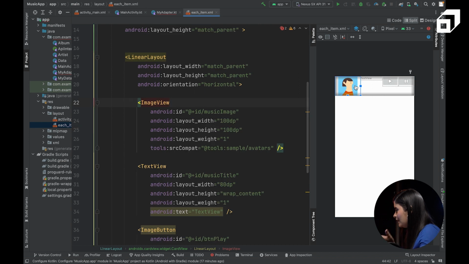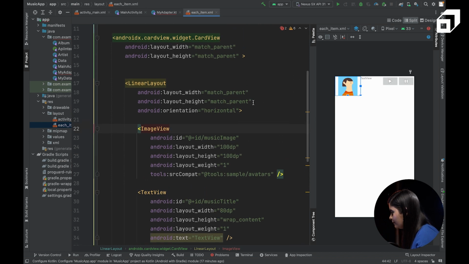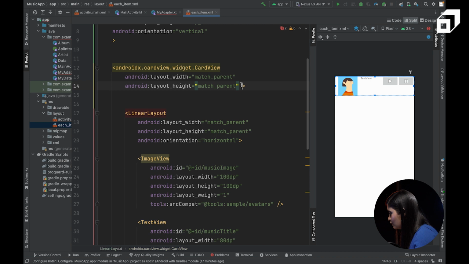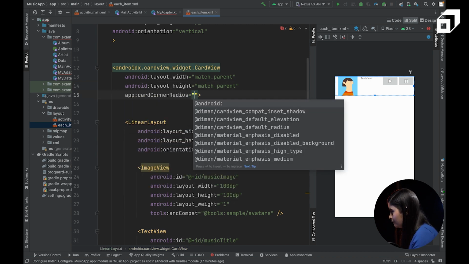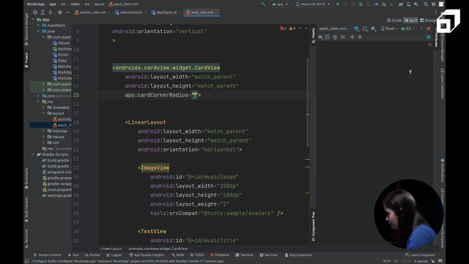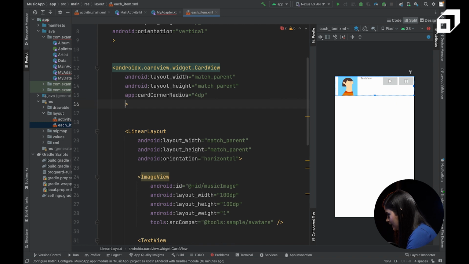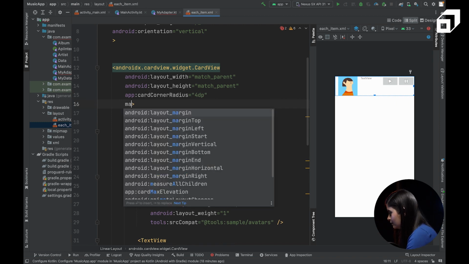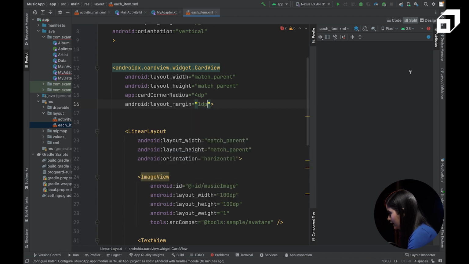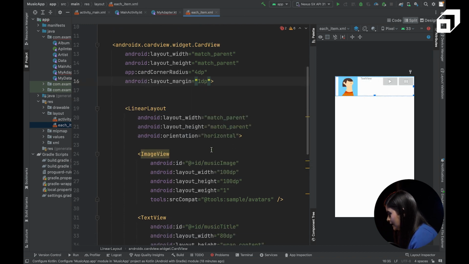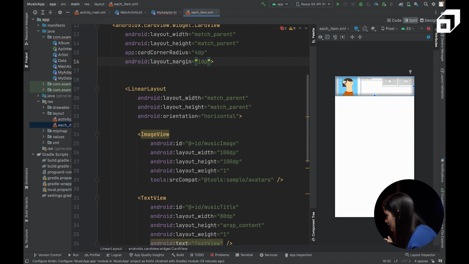Here we will put the image of the music, right? And let's do a bit of good stuff, give some radius to the card, so let's give it 5 or maybe 4 dp, and some margin between each and every view, right? Okay, for that maybe we can add margin of 1 dp, and in the linear layout as well, like this